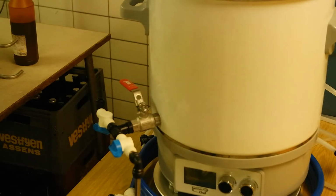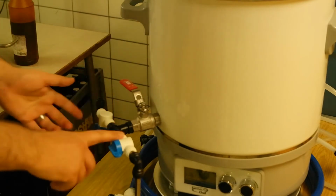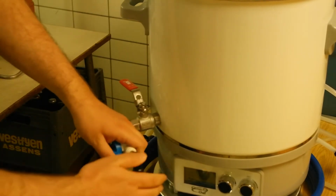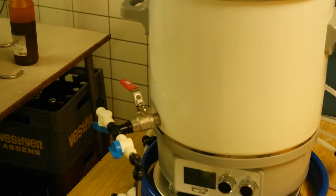It's got a ball valve here. And then it's got a T-junction here, and it's hooked up. This blue thing coiled around the bottom is actually a